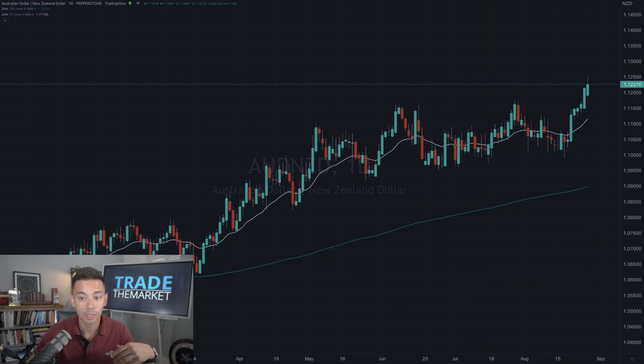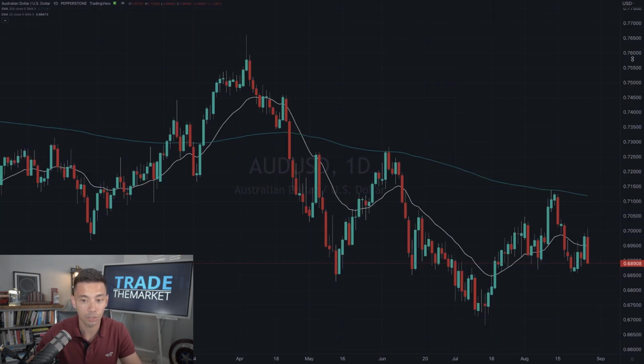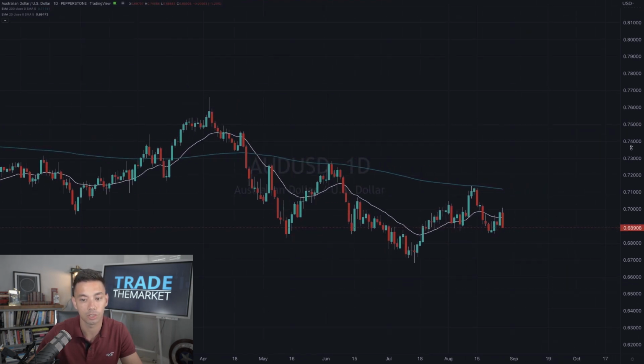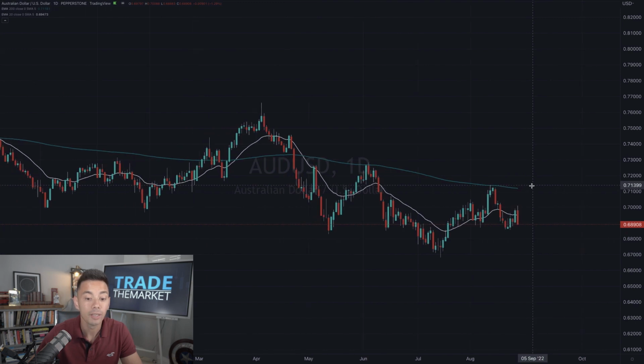If we look at the Aussie dollar, the Aussie dollar is moving in the opposite direction. Obviously, this is going to be largely based on the comments from Friday. With the US saying they're going to be aggressive with interest rates, that's going to mean there's a high interest rate differential with the US dollar if they continue to hike rates as aggressively as they already have, which means that we're going to see some dollar strength. So with the Aussie dollar here, we can see that the market sold off very, very aggressively. This is actually a good opportunity to get short even here.